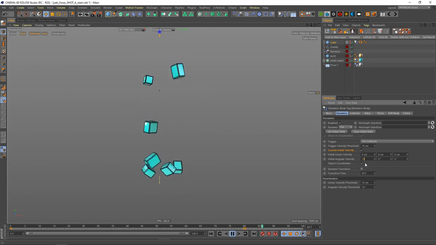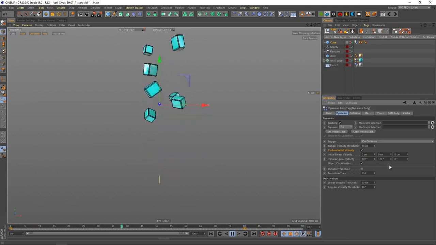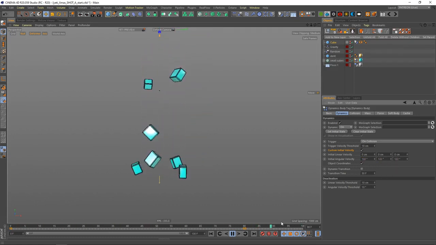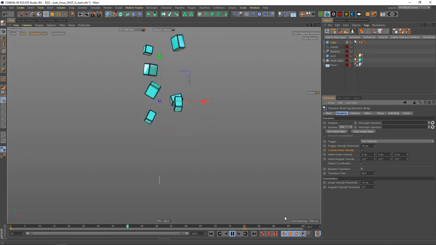So all I need is some nice rotation. As the object passes, you see now they're rotating and then they're falling. Maybe this is too much. It's up to you to direct your shot as you want it. Very, very nice. So now that we dealt with the gifts falling,